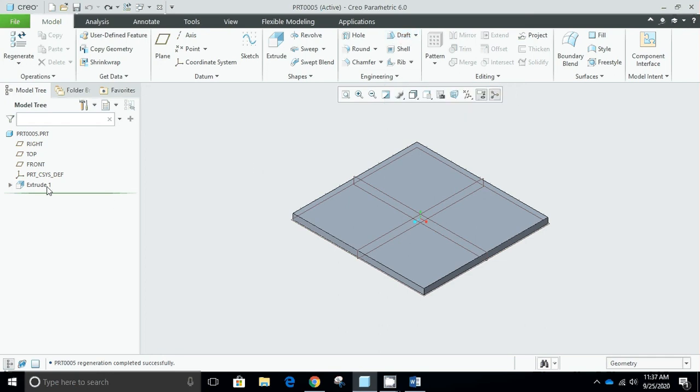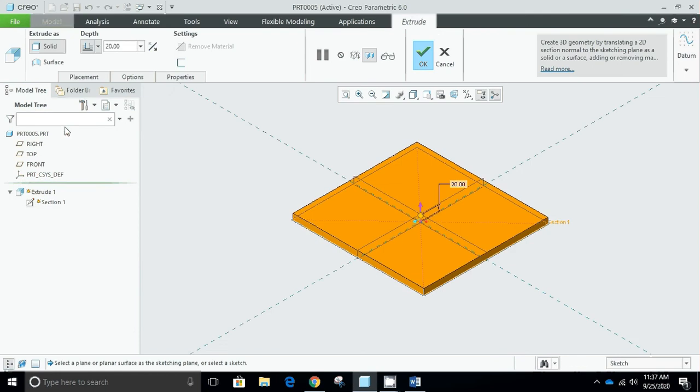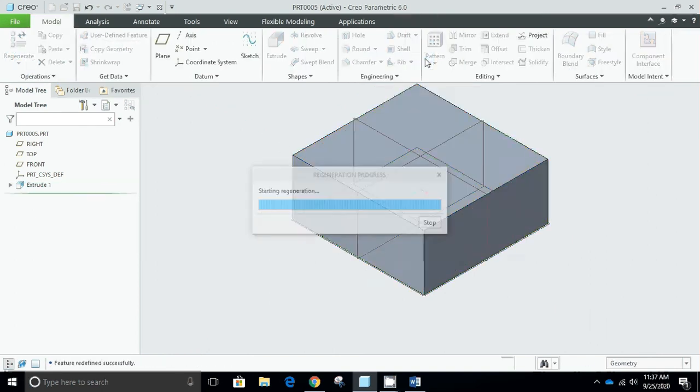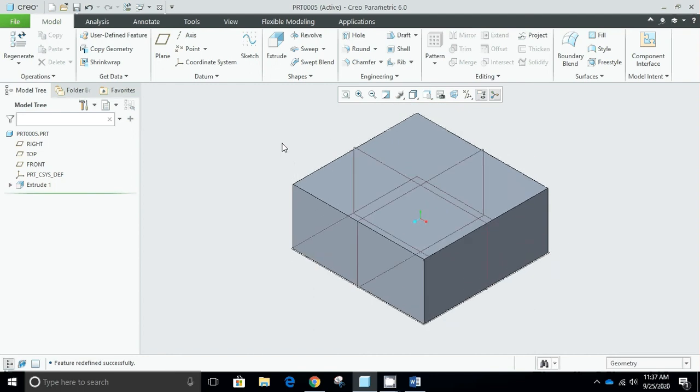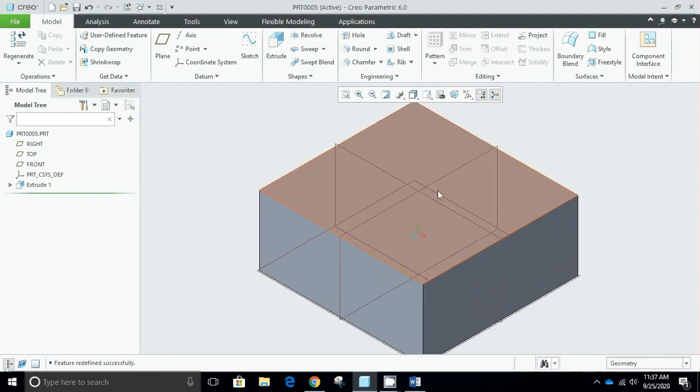First of all, I would edit my object and give it a height of around 200 units. Press OK. In this way it will be more clear to understand the draft feature.